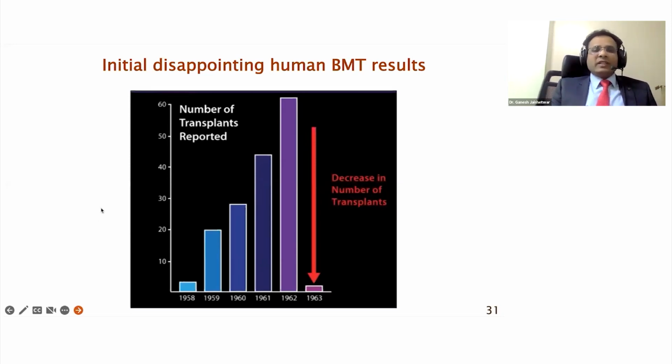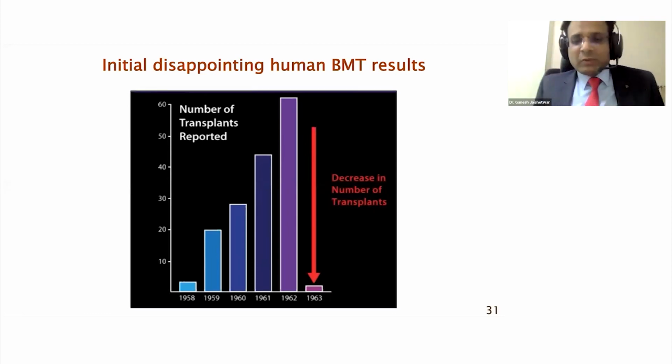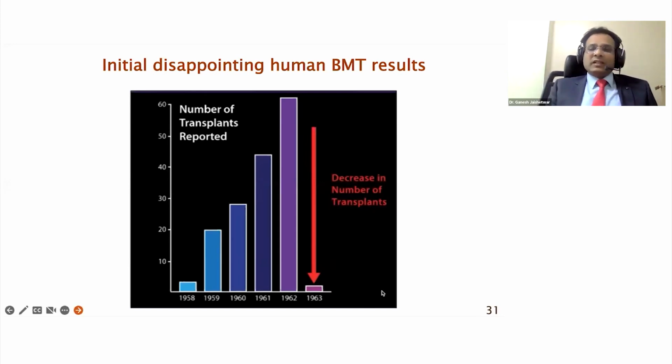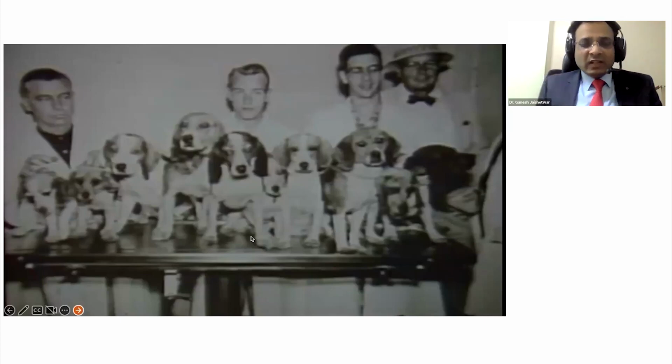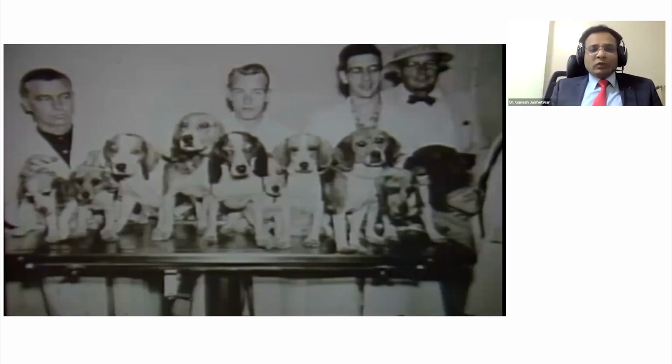You can see 1958 to 1962, a significant number of patients were tried for hematopoietic stem cell transplant, or bone marrow transplant. But because of the dismal outcomes, you can see from 1964 onward, the number drastically decreased. And then subsequently, Professor Donald Thomas moved to Fred Hutch Cancer Research Center at Seattle, and he started experimenting in